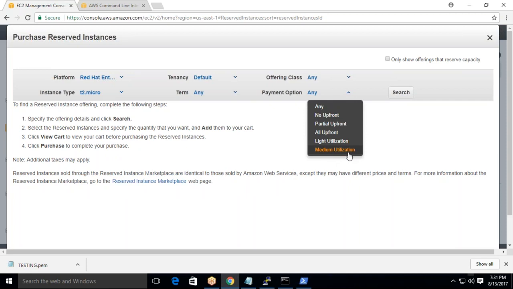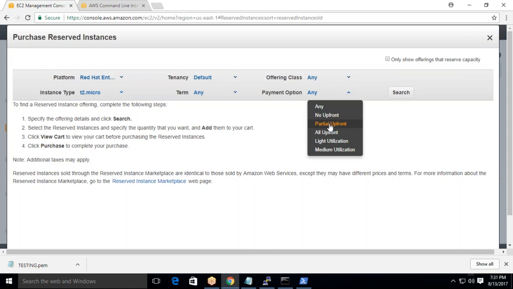So you can choose the upfront cost, right? All upfront costs, or the full payment itself, for reserving your instance for a minimum period of one year and a maximum of up to 3 years. So when considering the cost between no upfront, partial upfront, or all upfront, you can save when we purchase from AWS reserved instances, compared to